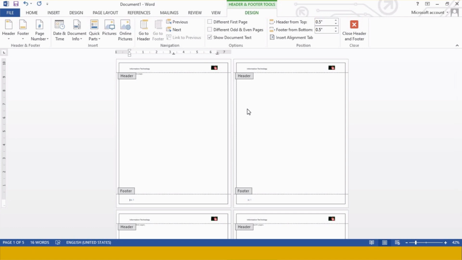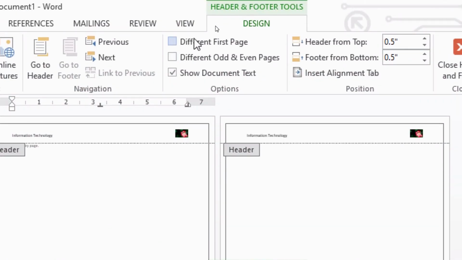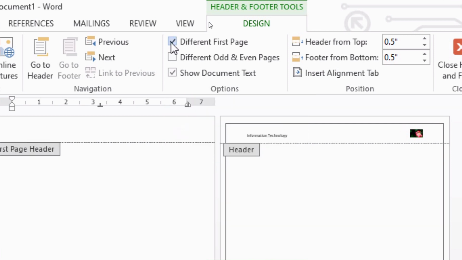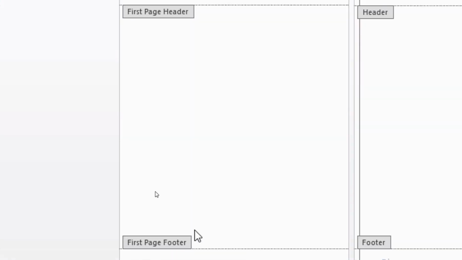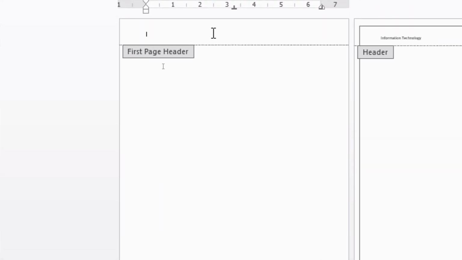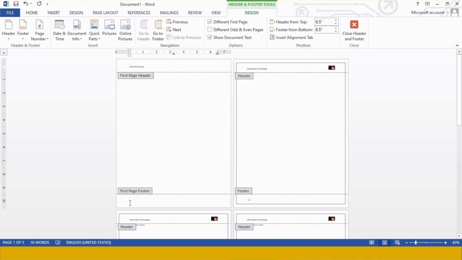Then we have two more variations with headers and footers. You can provide a different header for the first page of your file. So I am selecting this option, different first page. The moment I clicked over here, the header and the footer of the first page are removed. It means I can set a different header or different footer for this particular page. And for that I am just writing the name of the chapter over here. That is word processing. And as a footer I am going to insert the date over here.